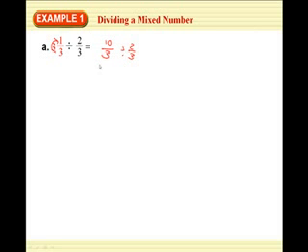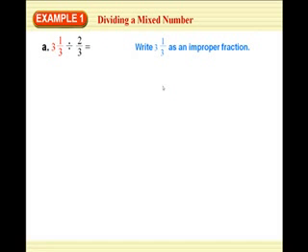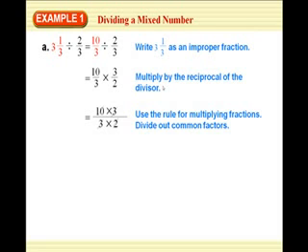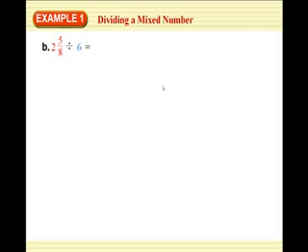So now they're fractions. First fraction stays the same. Change it to multiplication. Flip the second one over. Look, the 3's cancel. 2 goes into 2 once. 2 goes into 10 5 times. So 5 over 1 is 5. And there's all that work. Answer's 5. So fraction form, before we do any flipping or anything else, the first thing is just get them